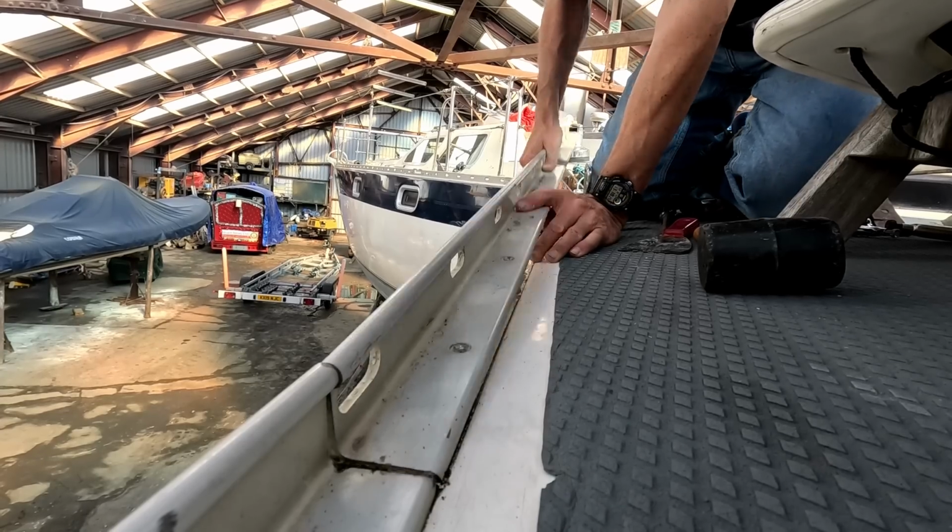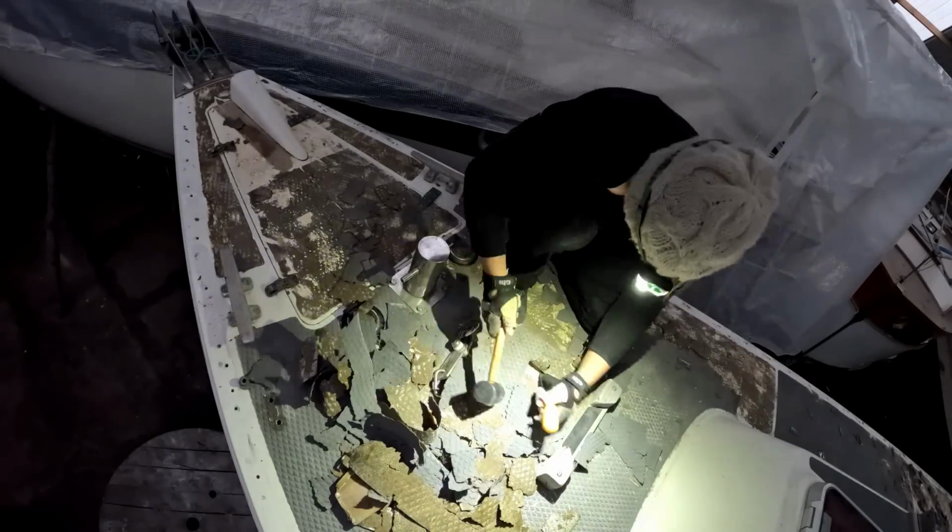At the start of this season, Florence was still in a shed on the south coast of the UK near Portsmouth. We were late setting off. Our 6-month winter refit had turned into 8 months, despite us working every waking hour to try and get Florence